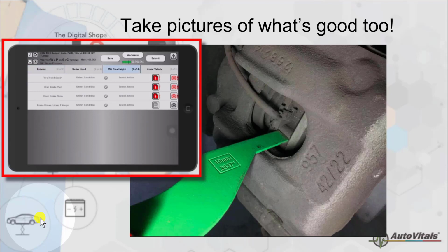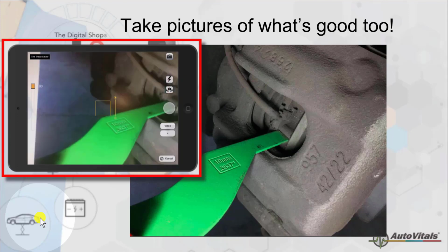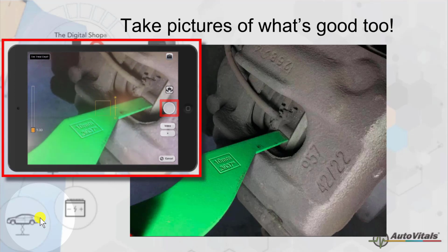And what we want to do first of all is find a brake topic. So in this particular instance, I'm going to tap on my brake pad as far as it having no issues. I'm going to tap on the camera icon and I'm going to snap a picture of this. And if you would follow along,